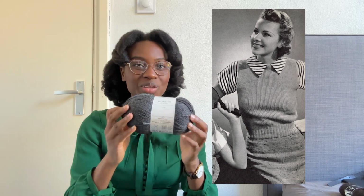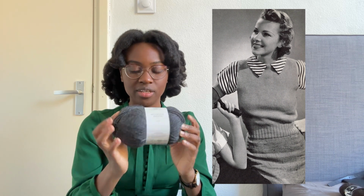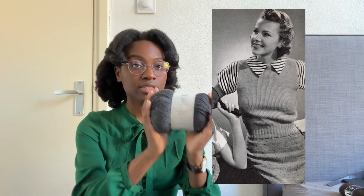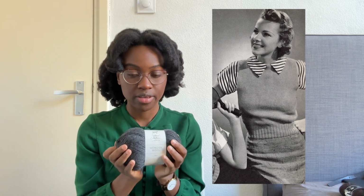112.5 meters per 50 grams. I think this actually would look very nice as a vest. So yeah, I have to think whether or not I want to do this with fingering weight yarn or DK weight yarn. It would be cozier with DK weight yarn. But as I said, I have lots and lots of vintage patterns that I would like to work on,